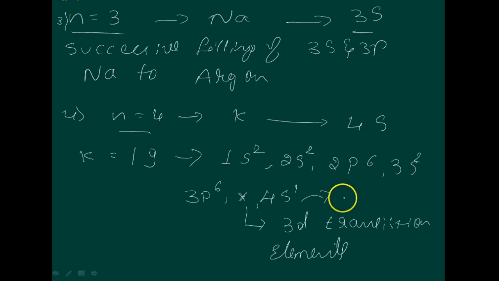If you fill a half orbital, in the last chapter I gave the explanation why the 3d transition happens, meaning why it is jumping to 4s instead of 3d filling. It is jumping to 4s because it wants that stable electronic configuration. If the atom should be stable, it will consider this. So now it is up to n is equal to 4. Next, coming to the fifth period.